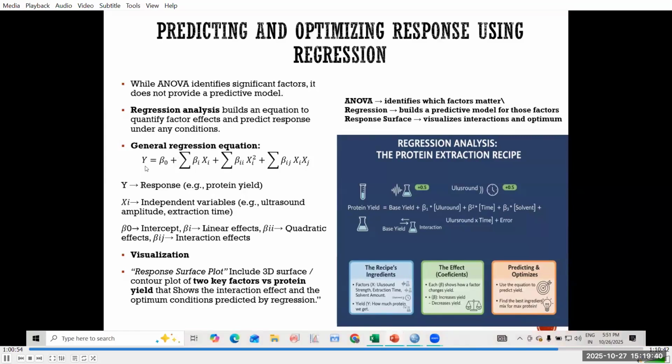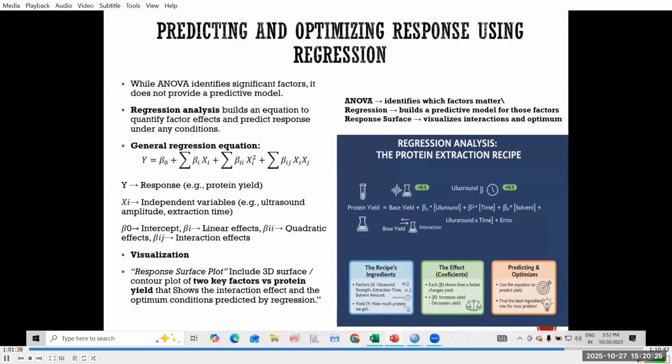Y represents the dependent variable, while beta naught is the intercept, and the betas are the coefficients of each independent term. Here xi represents the independent variables, and xi squared represents the quadratic terms of the independent variables, while these terms represent the interaction between two independent variables. So we can use this equation to predict the yield under any conditions and find the best combination for the